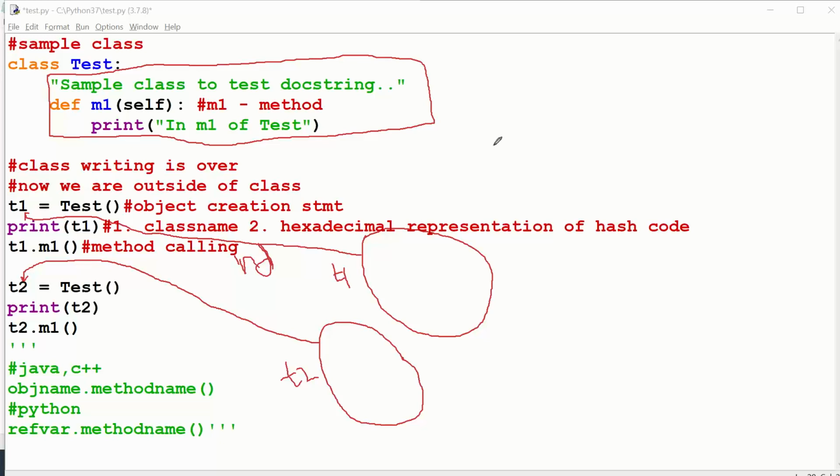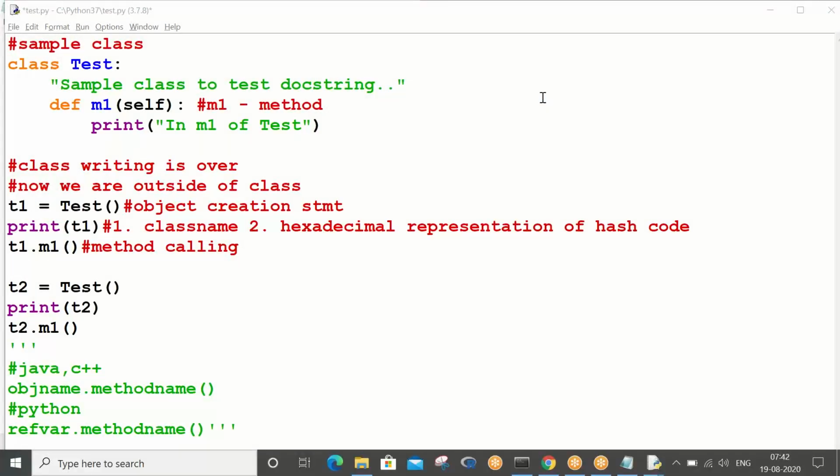But one second. Okay, so let's proceed. I think you have all taken this program. Control S, F5. One sec.